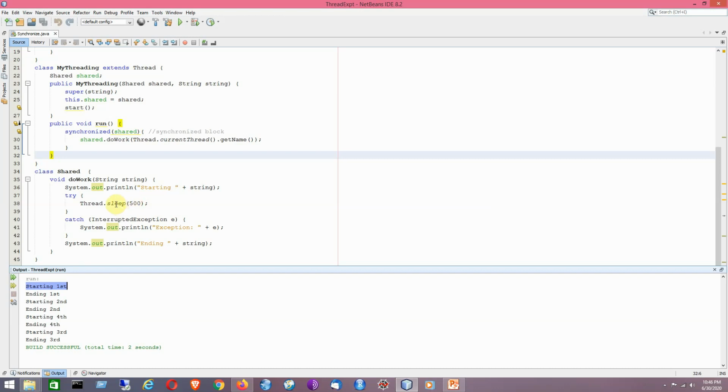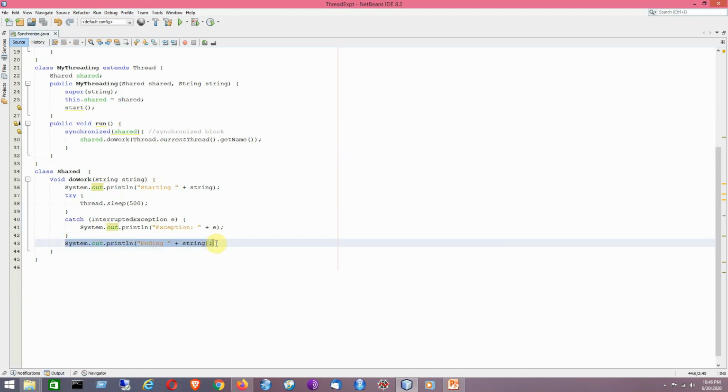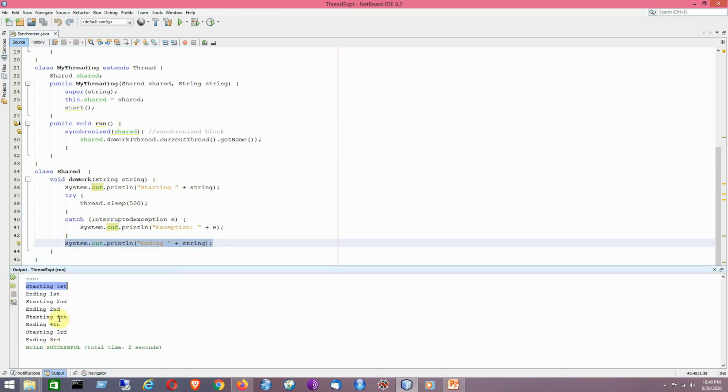Whenever the sleep is over, I mean whenever the pause time is over, it moves to the runnable state from the blocked state, because sleep is one of the blocked states. After some point of time it will be selected by the thread scheduler for execution, then it gets its chance for execution, and finally it prints this line. In that way it shows this output.